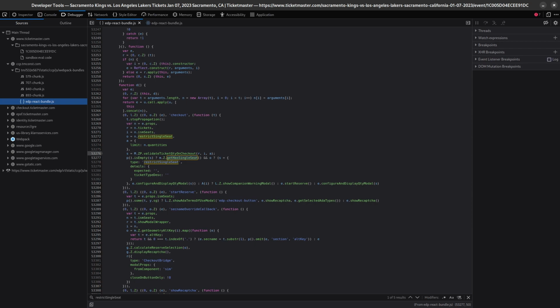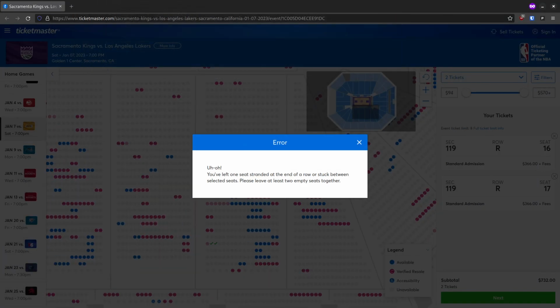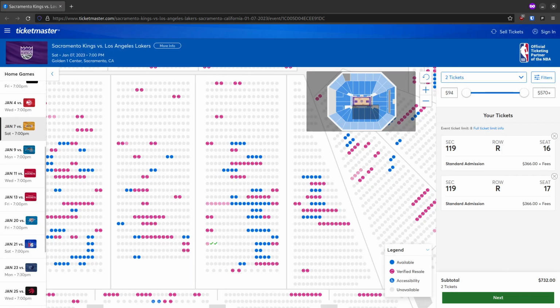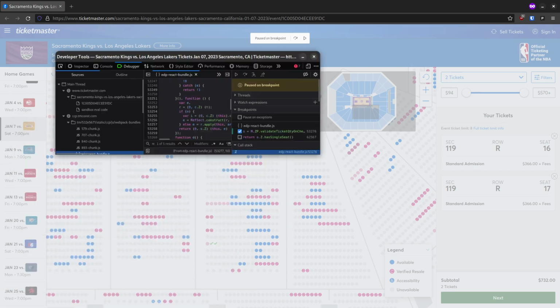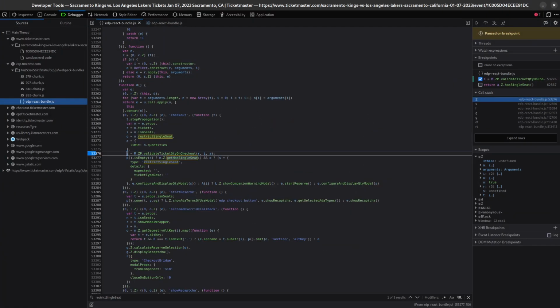So to bypass that check, we'll just put a breakpoint here, so it'll stop right before it gets to that line of code. And then we'll go ahead and trigger that line of code by hitting next, and we'll see that my browser freezes because I've now paused on that breakpoint. So this is now where we are in the execution of this particular function. And we can see the call is to